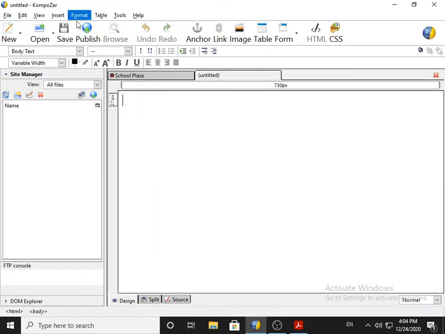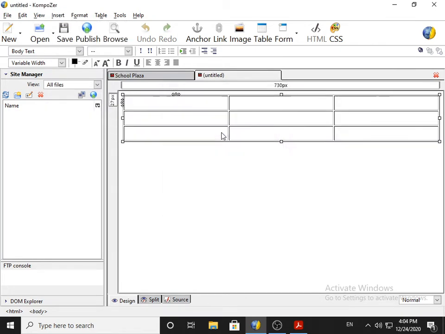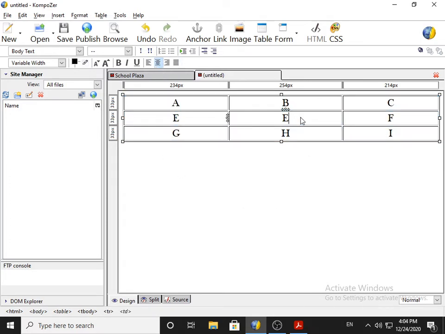I'll create a new file and I insert table of 3 by 3 and I mention the information. Now we'll select it, center align. Okay, fine.